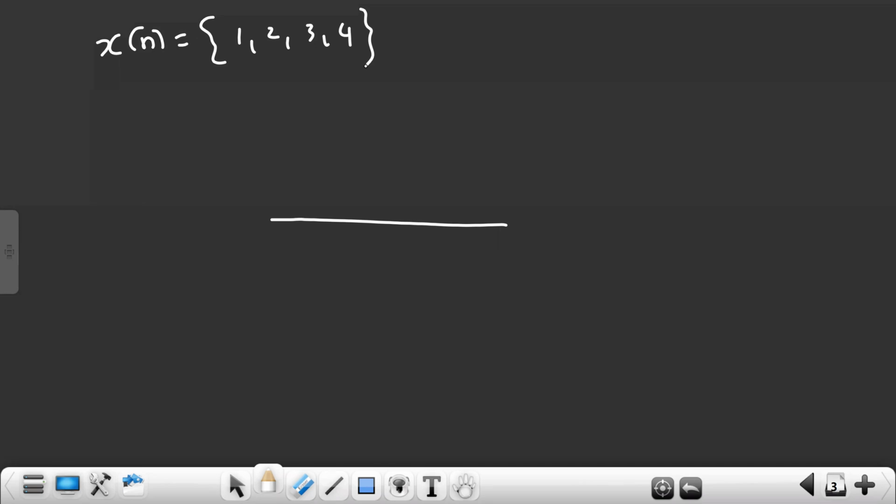If I put an arrow mark here, it indicates that the first sample is at -1, so the second sample is at origin. If there is no arrow mark, it is understood that the first sample will always start from origin. Otherwise, I will put an arrow mark or I will specify the sample at origin, like the sample of amplitude 2 will be at origin. If nothing is mentioned, it is understood that the first sample will always come at origin. Correct? No confusions?